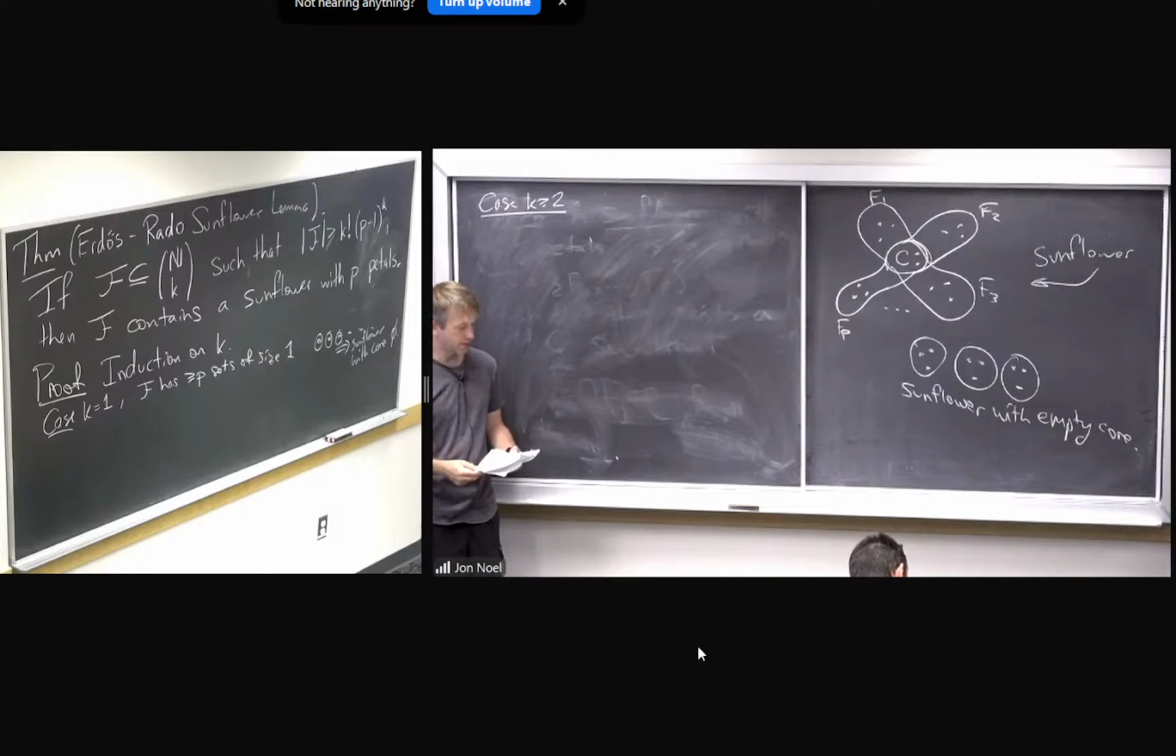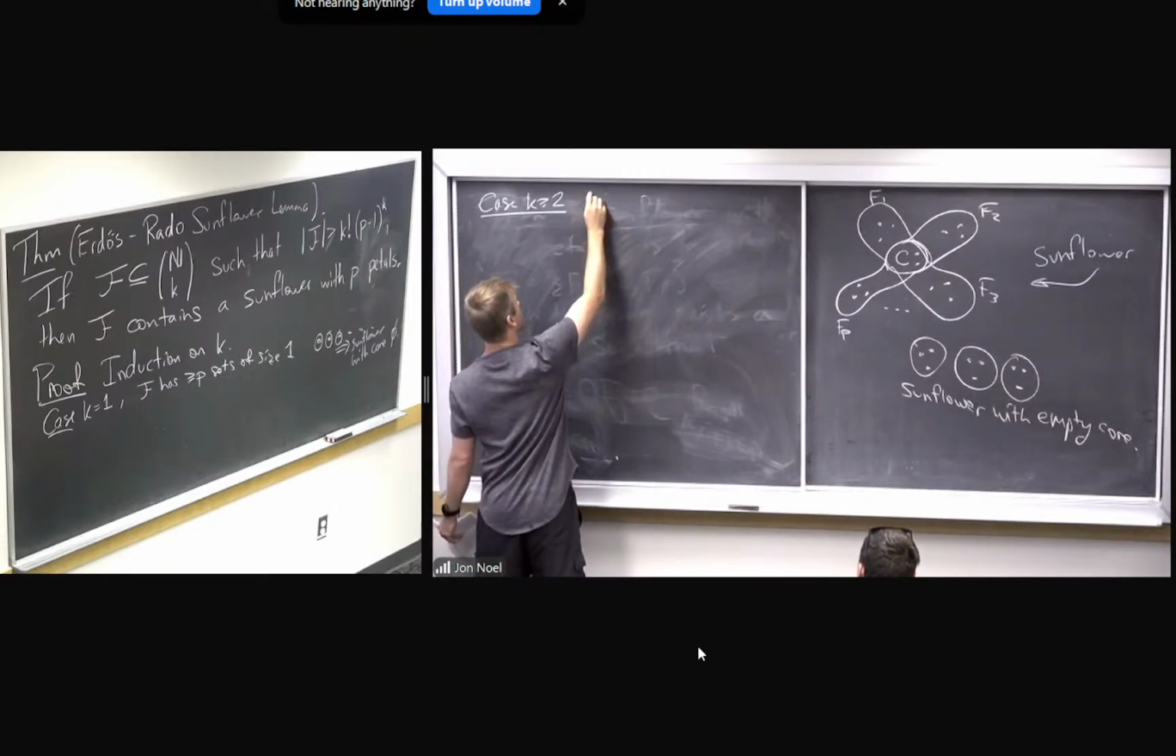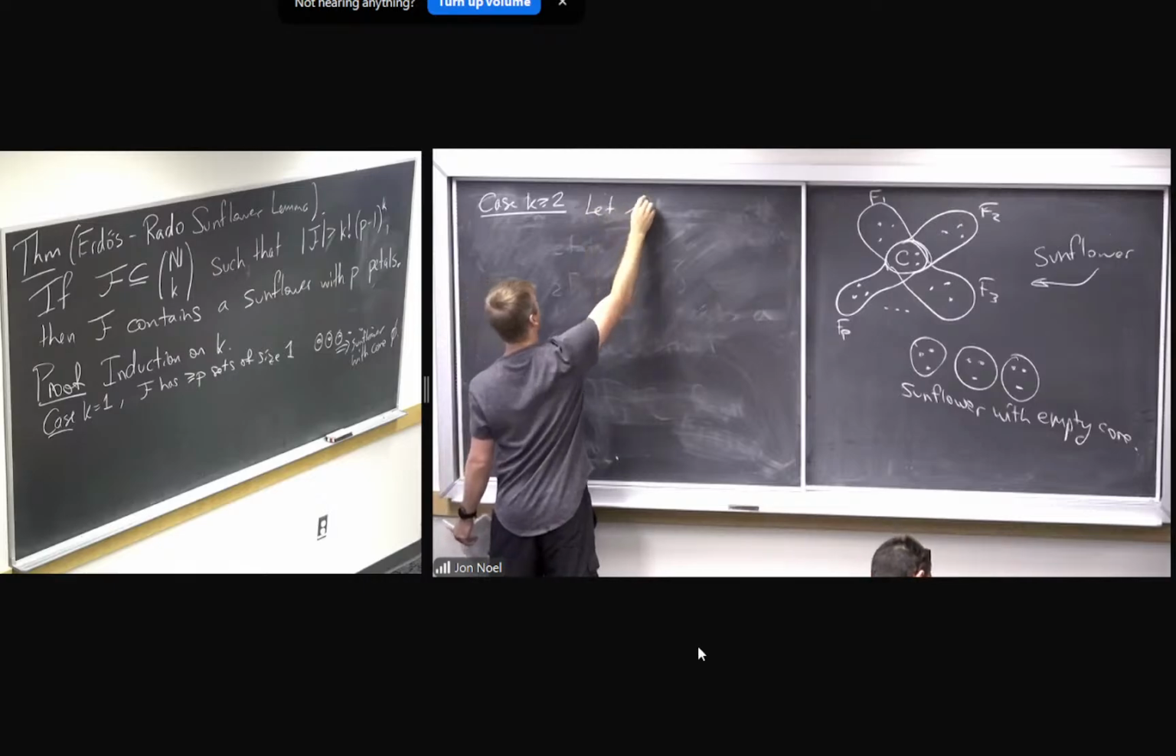Okay, so here's the idea. Let's first just look in our collection and find as many disjoint sets as we can. Obviously, if we can find p of them, we've already won, right? We've got our sunflower. So you're not going to find p of them. So in other words, let's say A,